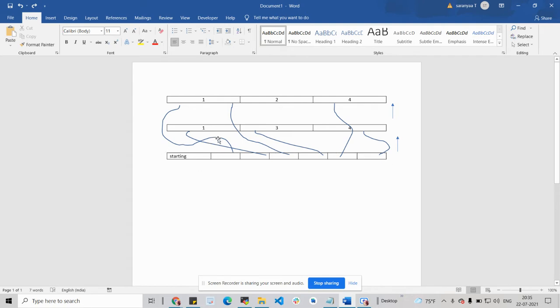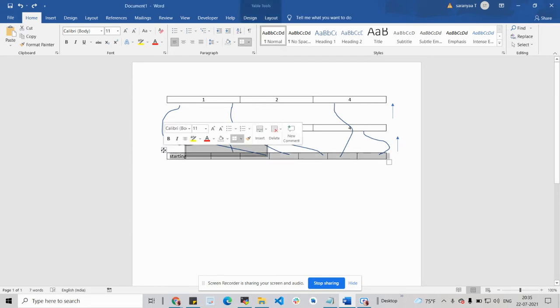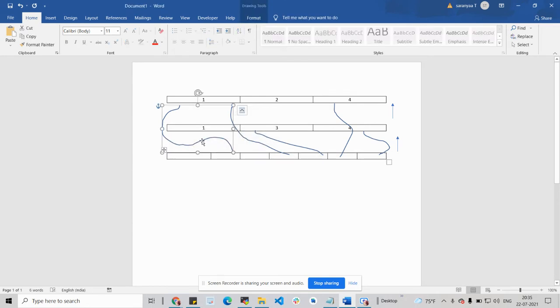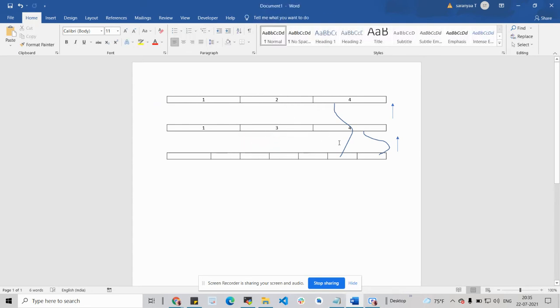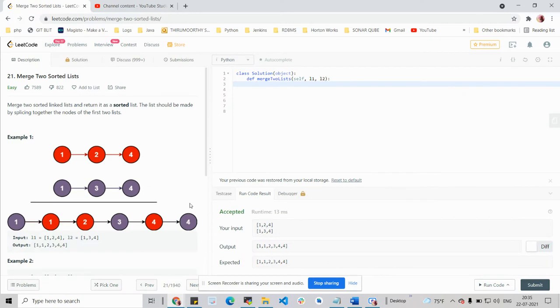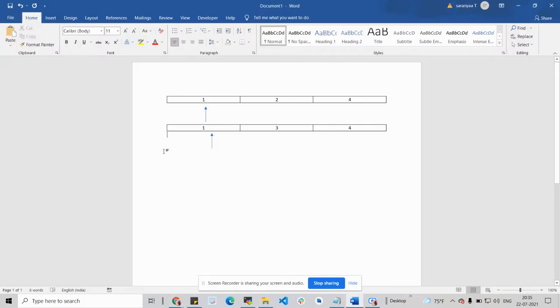In the recursive solution, we will not have a new list getting created, and we will not have all these references to the new list. Instead, we are going to do the comparison between the two existing lists with the two existing pointers themselves. We will still have these two pointers, and we will not have this newly created list anymore. So how can we achieve merging two lists in a recursive solution?